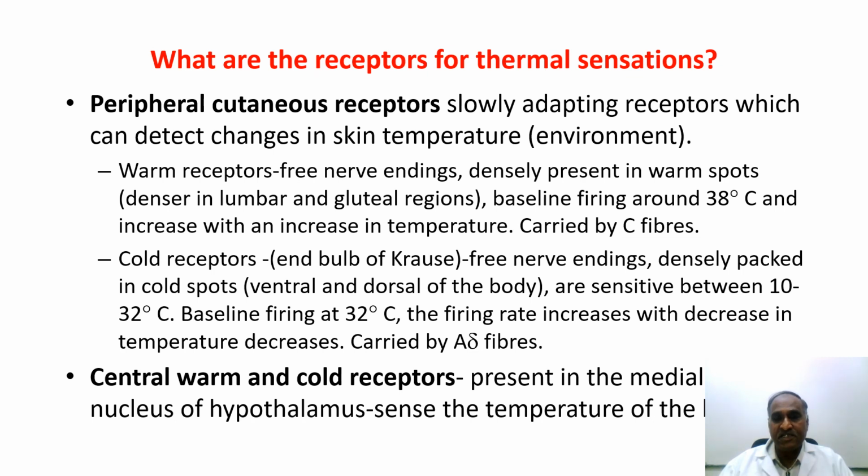As we see any sensory modality, we suddenly come back with the basic question: what are the receptors? For the thermal sensation, there are two sets of receptors, one located peripherally and another located centrally. The receptors located peripherally detect the thermal changes in the environment surrounding us,